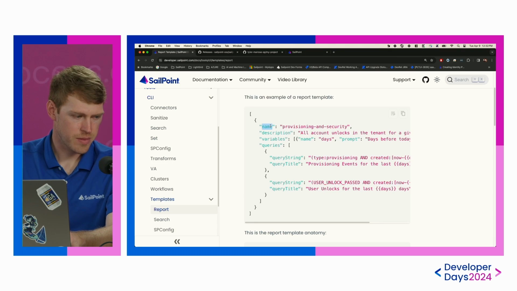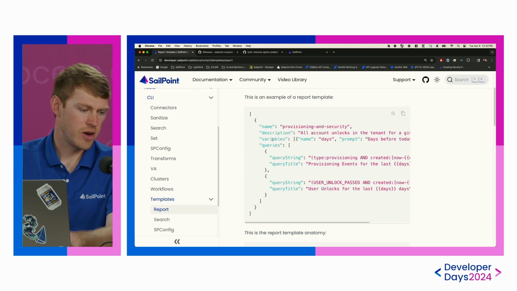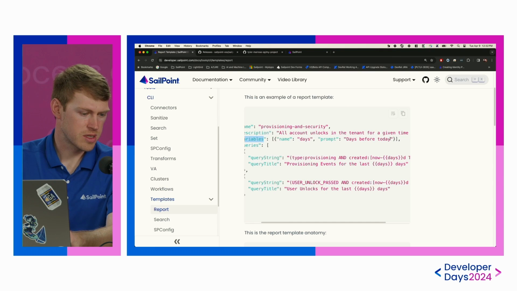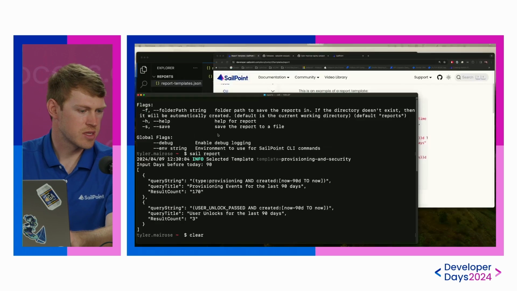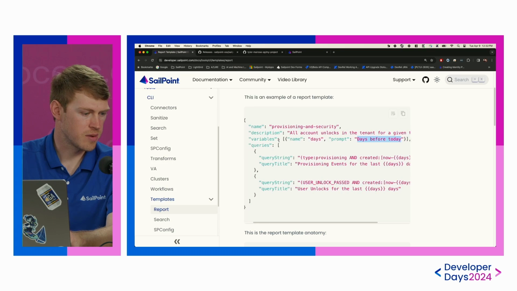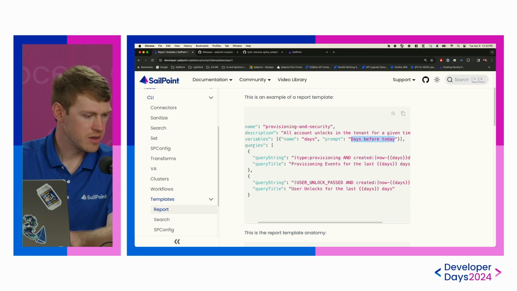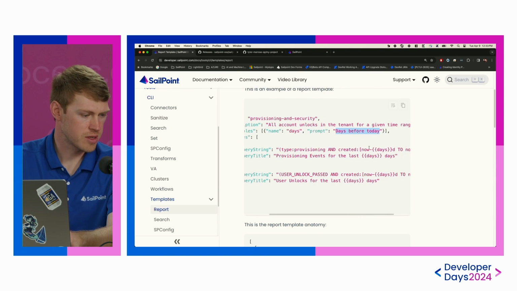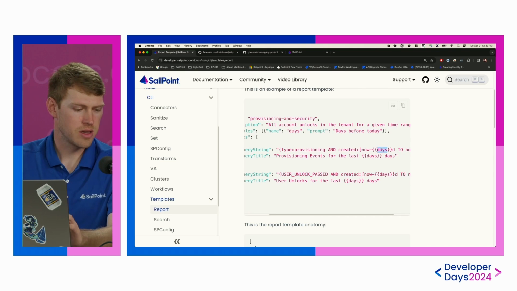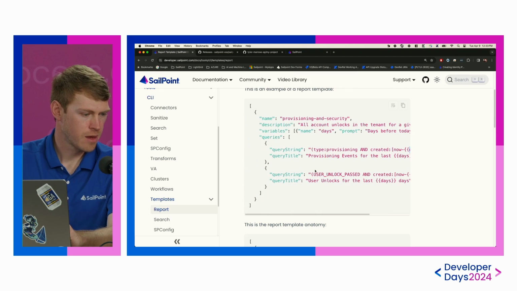So we give it a name, a description, the variables, if there are any. The one we showed you, the prompt was days before today. So you see it asks you, if I go back there, input days before today. So it'll say that for each variable you have, that is an array, so you can specify multiple variables if you need to. And then down in the queries array, you can have as many as you wish that it will return in that report. But the query string will see the variable coded there to be replaced. So that's like the